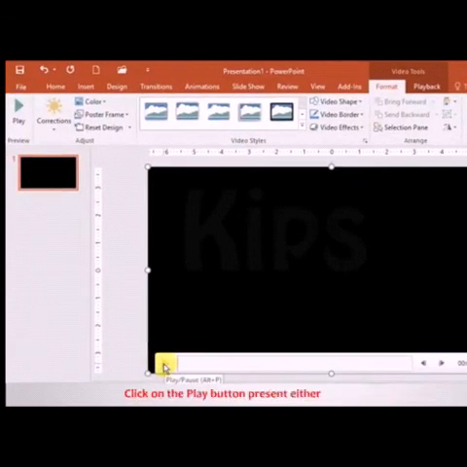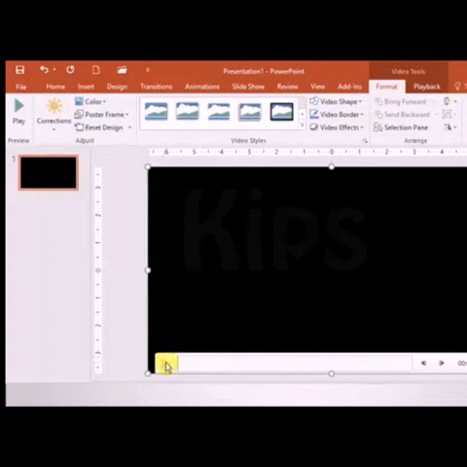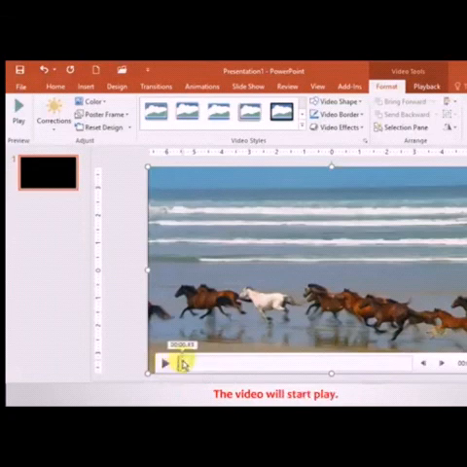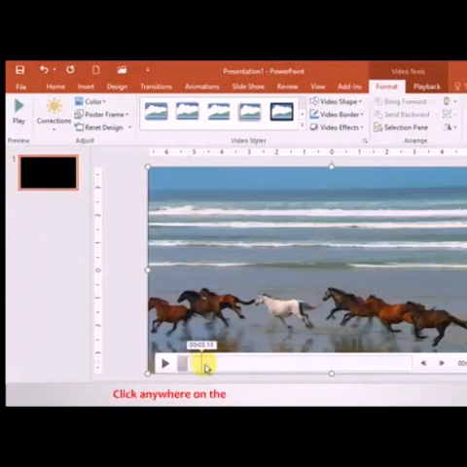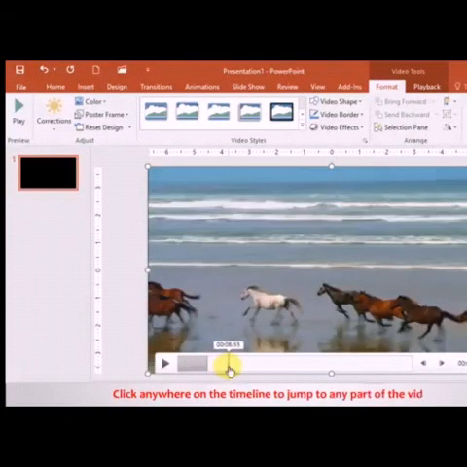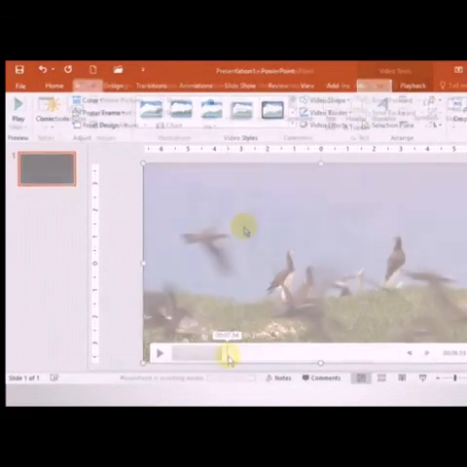Click on the Play button present at the extreme left of the ribbon. The video will start to play. The timeline next to the play button will advance. Click anywhere on the timeline to jump to any part of the video.